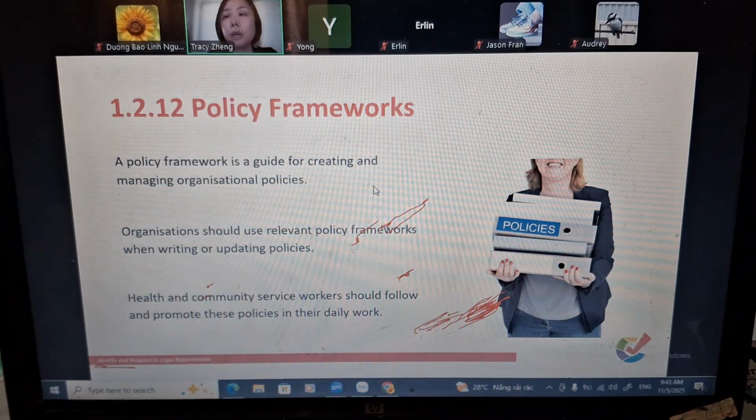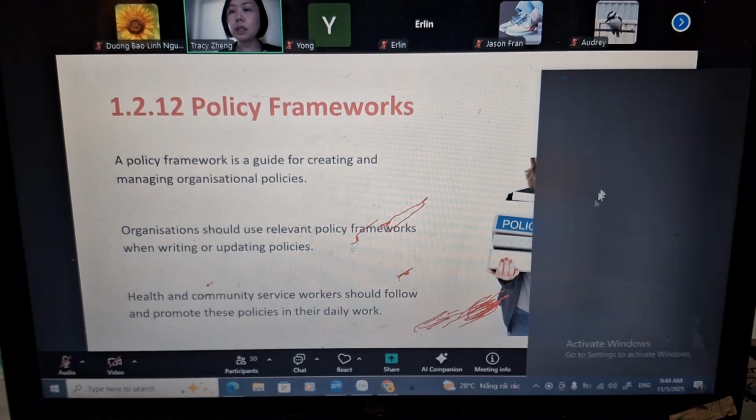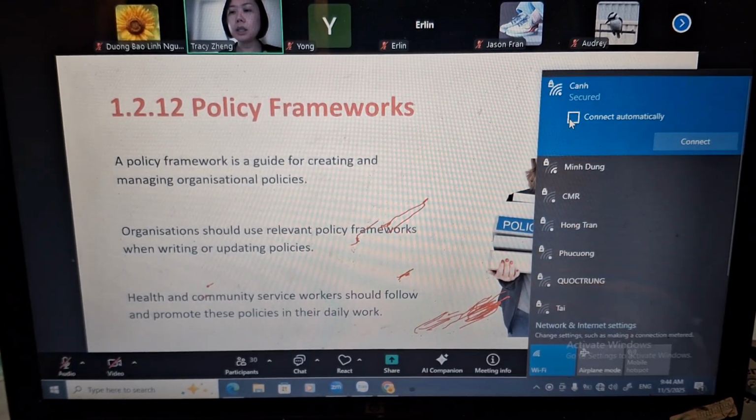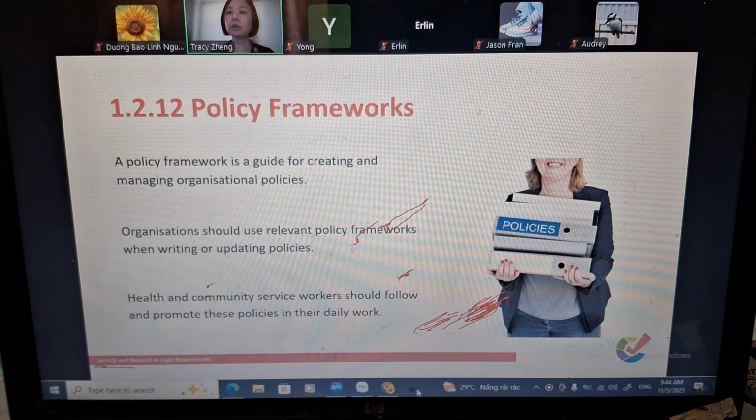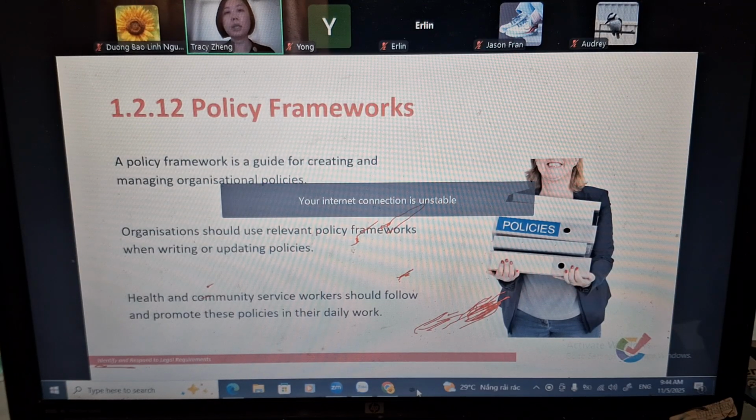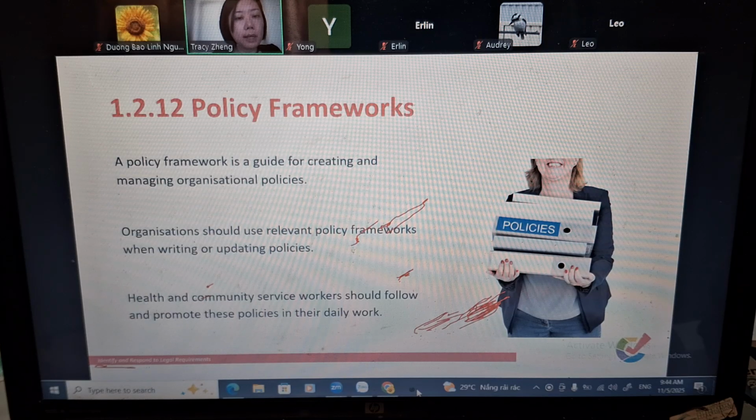As we mentioned, the recent changes of the new Aged Care Act and standards mean that is prompting the organization to update their policy. Then they start giving some training to the staff to explain what the changes of the policy are, where they can access the new policy, etc. Right? So that is the organization's